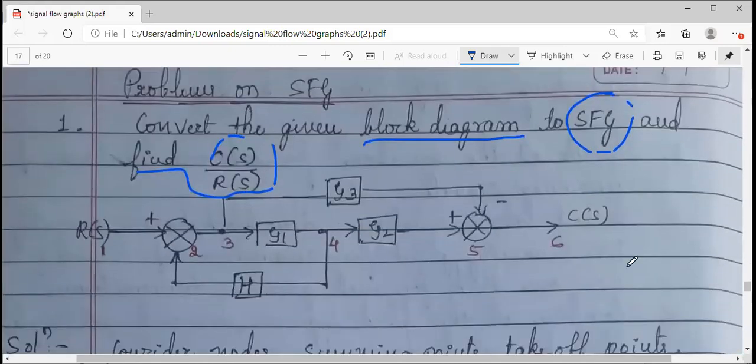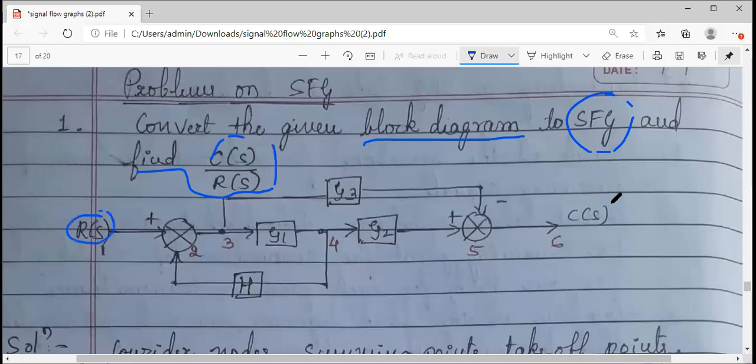So this is the block diagram. It would be much easier for you if you number the nodes in the block diagram, because in the second step, when you go for branch connections, it will make your work much easier and you won't get any confusion. The probability of mistakes is very low. That's why in the given block diagram, first identify where all you need to take nodes and give them numbers.